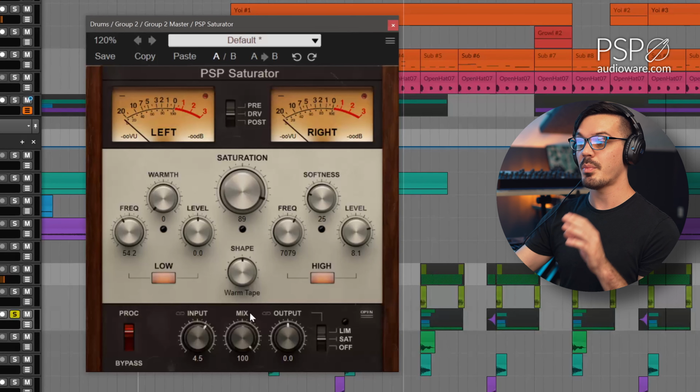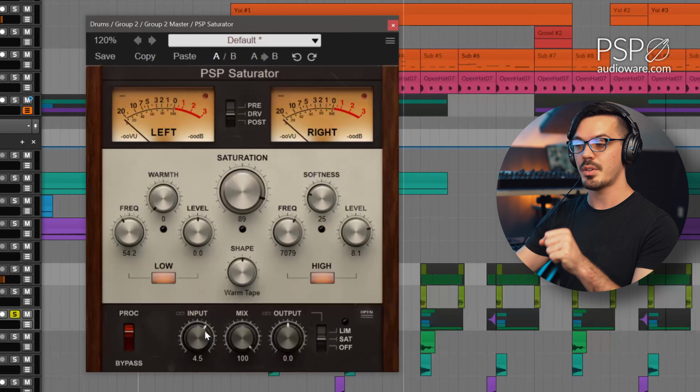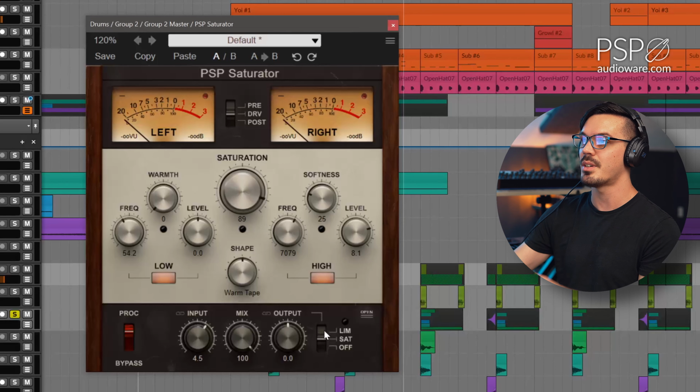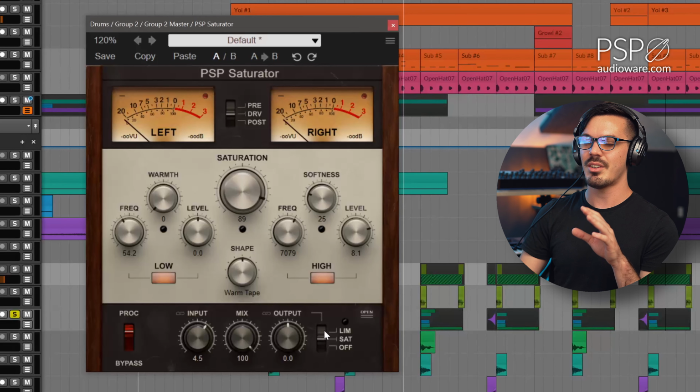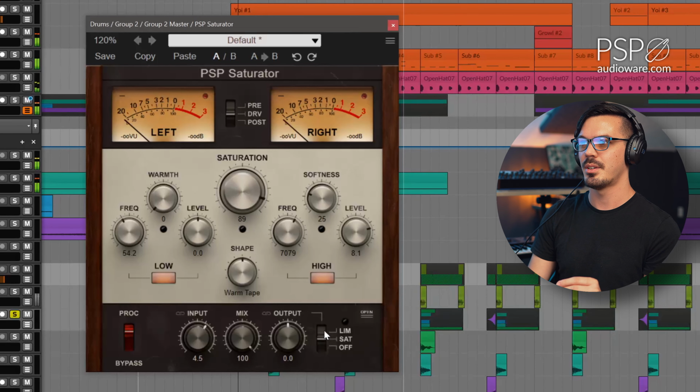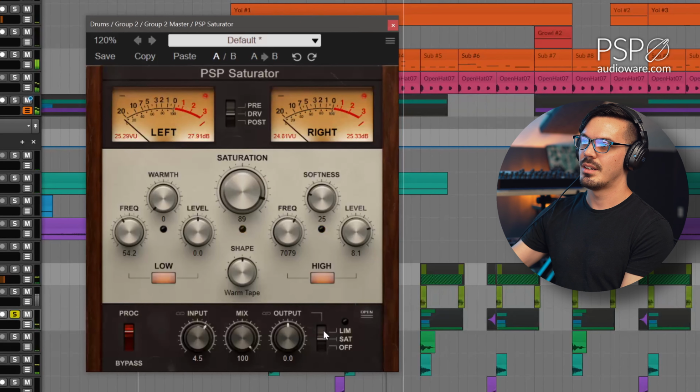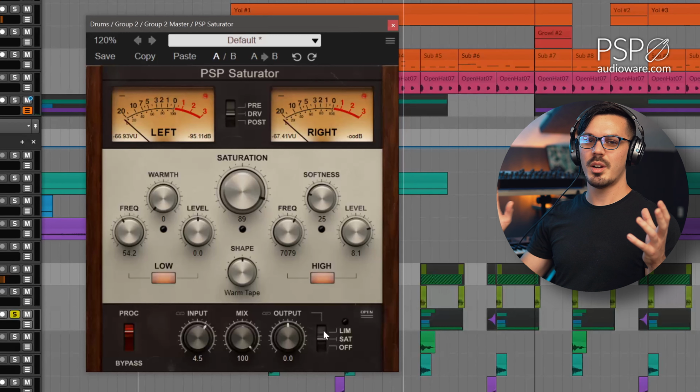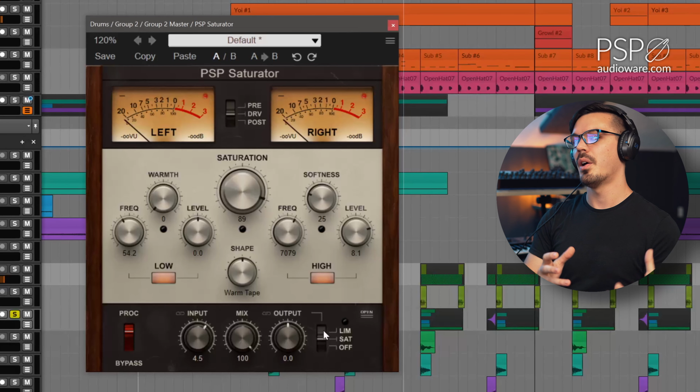But if I have this up all the way at 100% mix, I've also driven up the input gain here, you'll notice, so I'm going pretty hard with this, and I've got the Saturator on the output. With this, it starts to sound a little too squashed. We've got a lot of energy going on there, but we've lost nearly all of the punch that the original